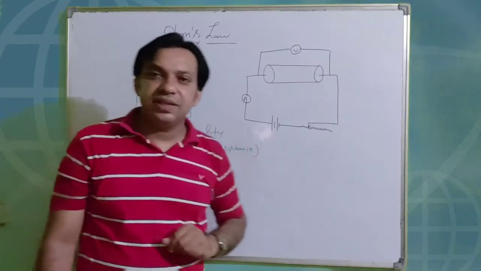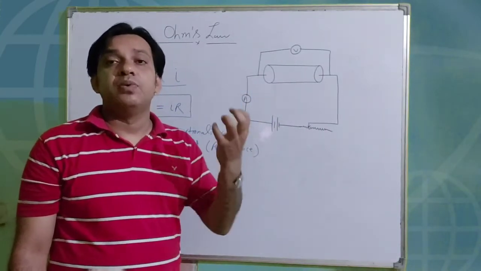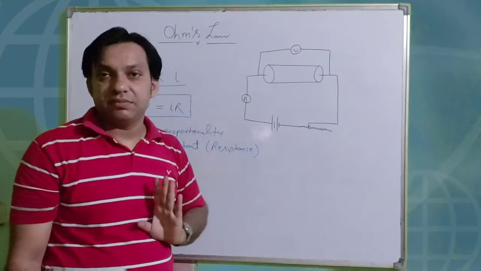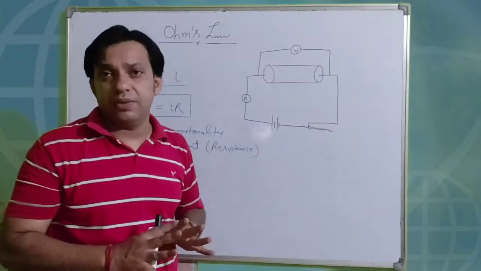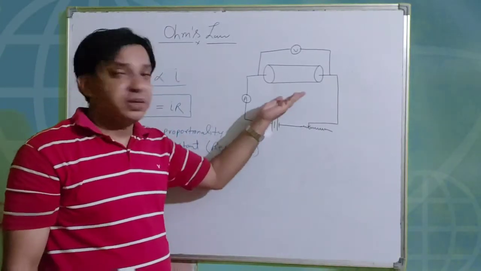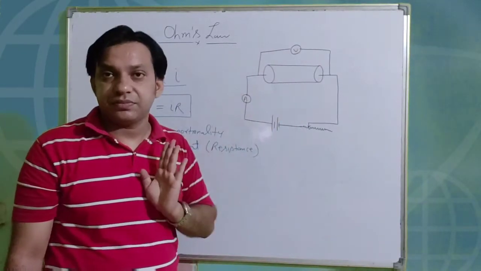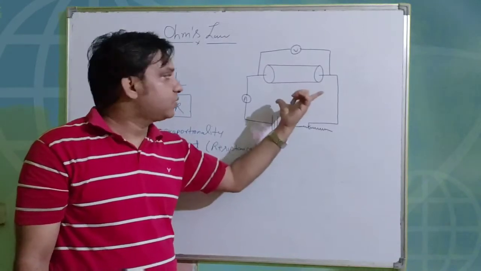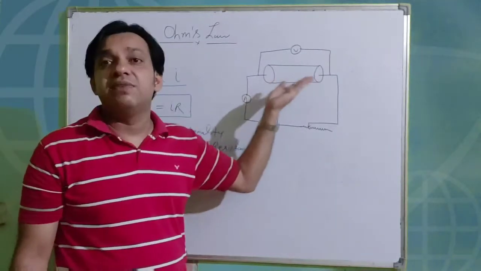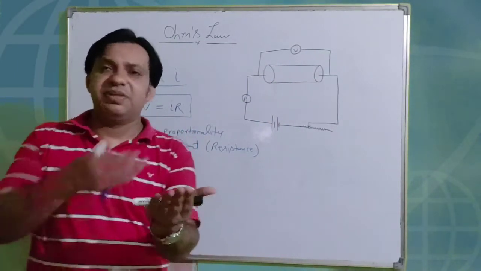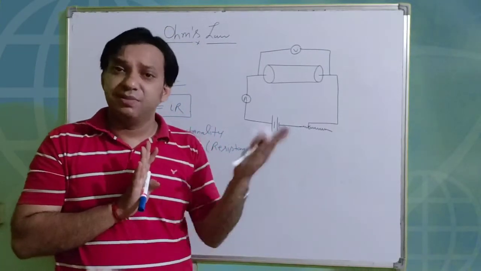So in simple language you can say that whatever the amount of current flowing through the conductor depends upon the opposing behavior of this conductor. जितना oppose करेगा उतना ज़्यादा current की value कम होगी. Right? Simple. So the opposing behavior is deciding the amount of current flowing through this conductor. You are simply applying the potential difference across the conductor, and the conductor's opposing behavior will decide the amount of current that will flow. Right? For example, for different objects you have to apply different force to move the object. Similar concept is here.